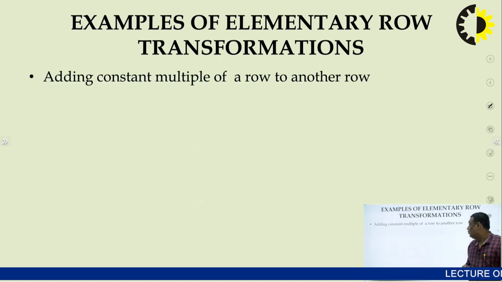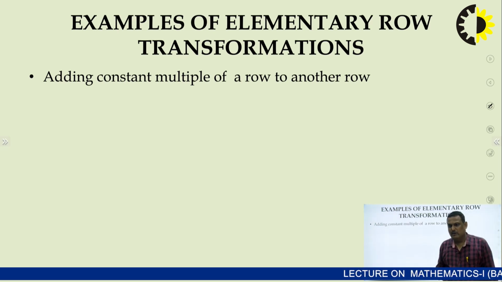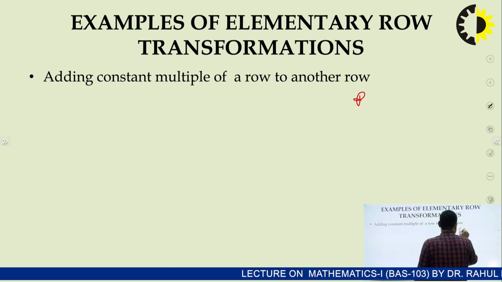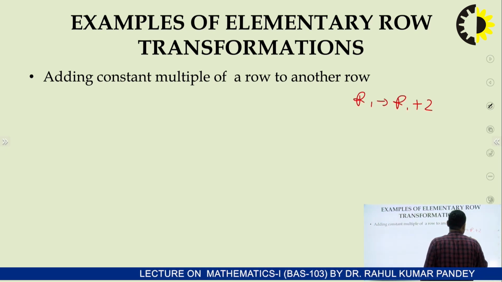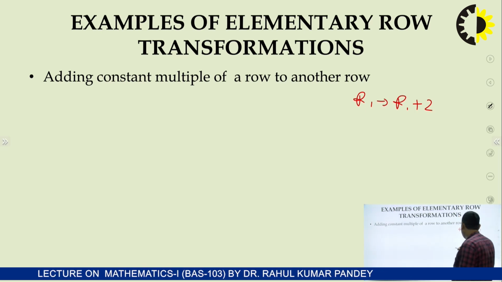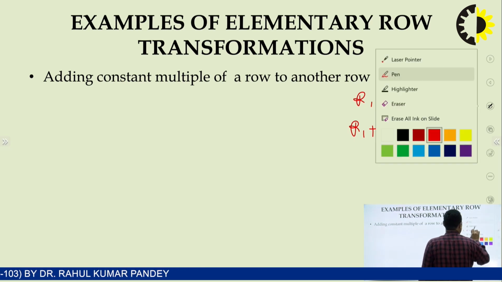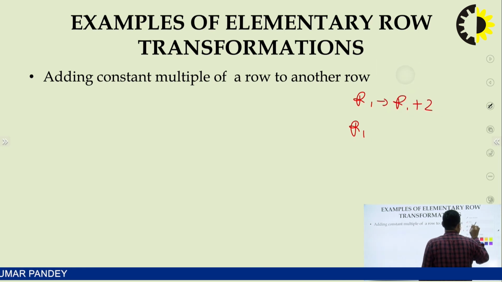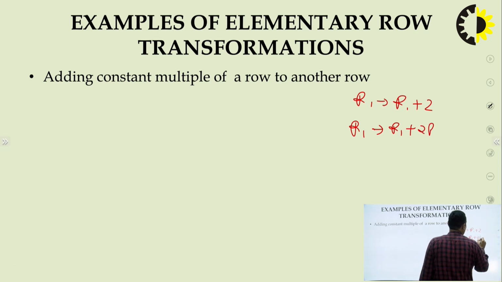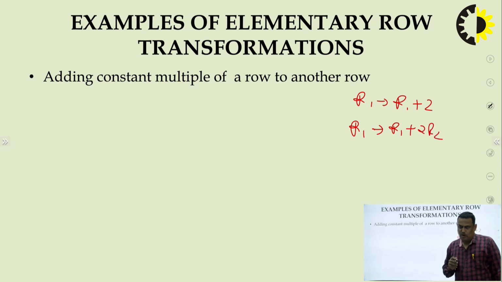Next, adding a constant multiple of a row to another row. A constant cannot be multiplied directly in a matrix. For example, if we add plus 2 R1, and we add R1 plus 2 R2. A constant is always added with the help of another row. With the help of another row. So this will be a wrong operation and this is the right operation. Like this.